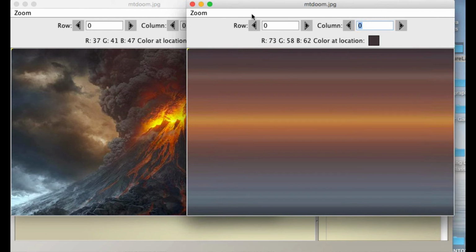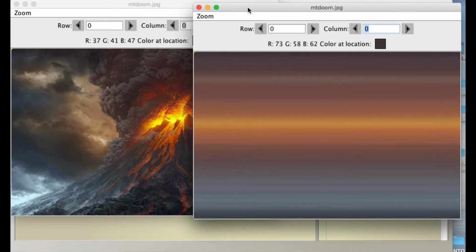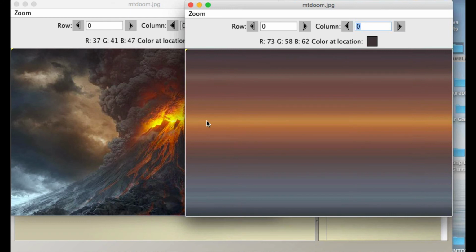So again, that flame at the top of Mount Doom is causing these set of rows to be orange tinted. And then these are various shades of gray. Okay? Again, not very interesting, but it's a good exercise in using loops,